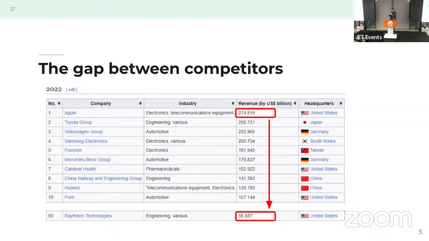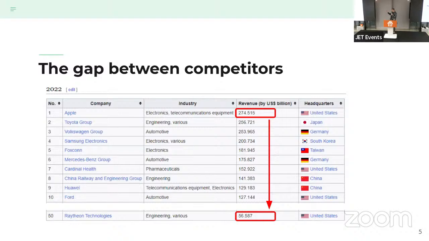What you see on the slide is the list of the 50 largest manufacturers in the world. There is a significant gap between first and last place on this list, and it's more than $200 billion.